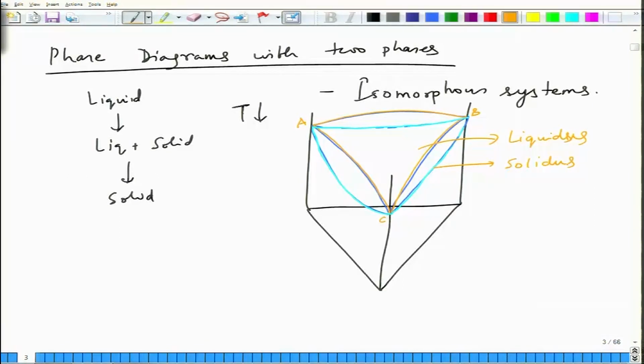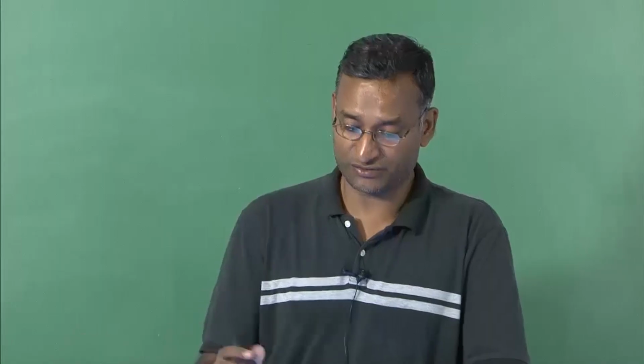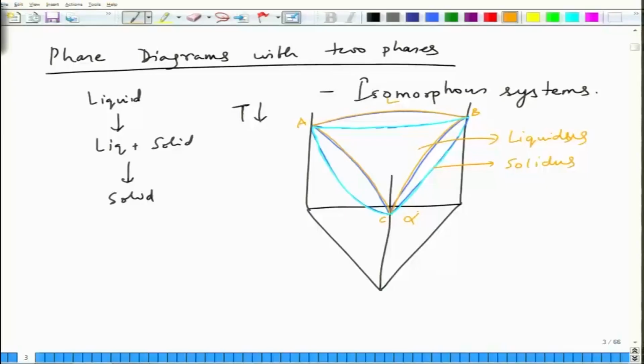And in between the two you will have a two-phase region. So between these two curved surfaces, let us say you start with liquid and you end up with solid alpha, and between the two you will have a liquid plus alpha region in between these two surfaces. So when you cool an alloy, for example, of a composition X, so you start with an alloy of composition X,